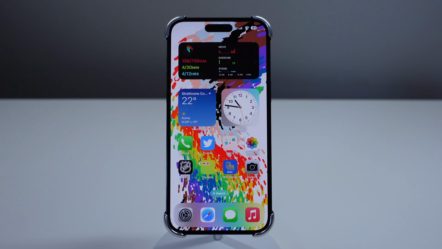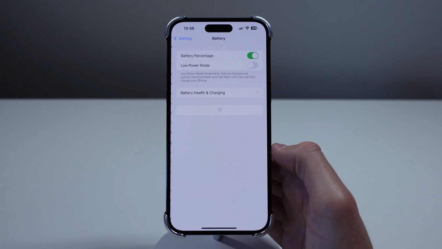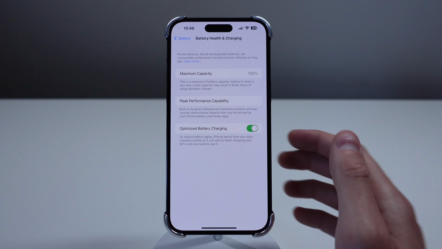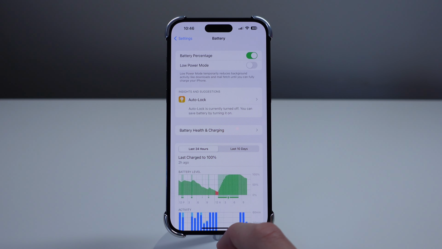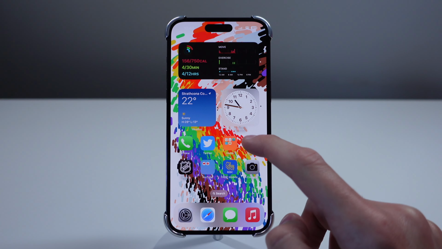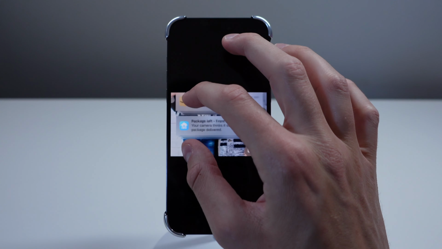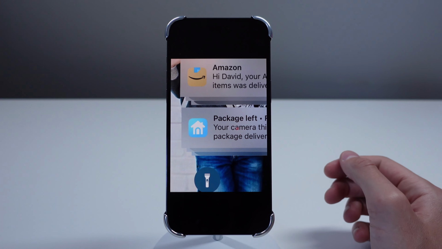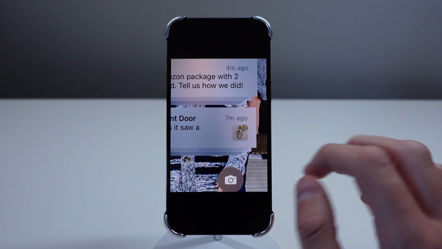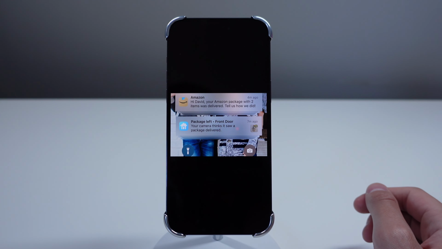Overall, with my use of 16.5, I can say that it is very stable. The battery life has been fantastic on my iPhone, and in my time of using it, I have only really experienced one bug. It is a pretty annoying UI bug that has been in iOS 16 for so long. So you can see on your screen now, this is a screenshot I found of it online because I can never seem to capture it on my iPhone when it happens, but it is the square notification bug. So let me know in the comments if you have experienced this. Whenever I go to look at my notifications for about half a second, the notification banners appear as perfect squares. So just a very small UI bug that Apple seems to not want to fix.